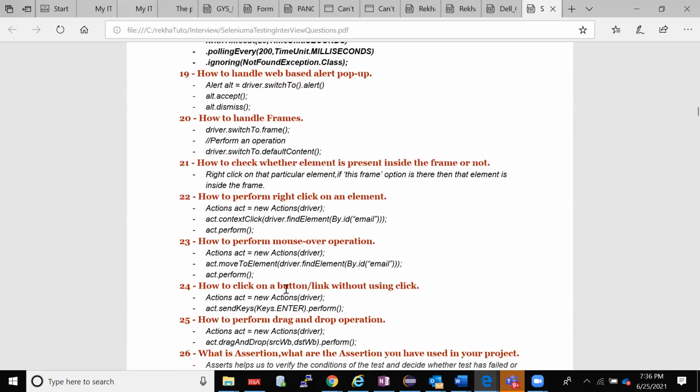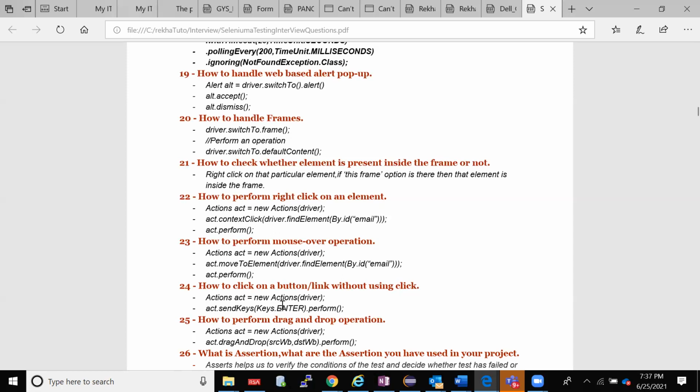Okay, so how will you click on that? If you don't want to use the click method, is there a dot click method? I don't want to use it, but still I want to click on a button or something. So again, I can use Enter, right? If I press the Enter button, that is nothing but a click only, right? Okay, user ID and password. What do I do in real time when I'm typing my user ID in my Facebook account and passing the password? Do I go and click on something? I'll just press Enter, right?